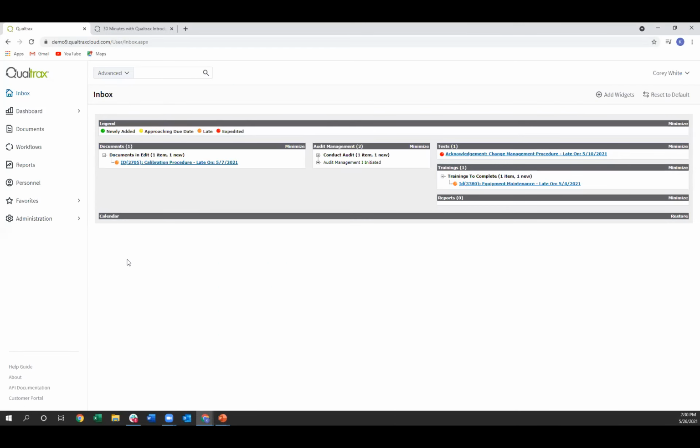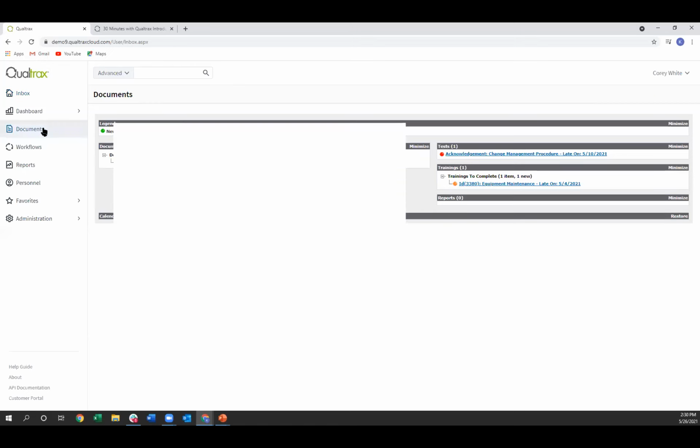The first thing I'm going to show you is exactly what Melanie mentioned in her presentation, which is the way to tie documentation and your SOPs and your processes to the specific clauses of the standard in CallTracks so you can have visibility into how your procedures directly relate to that standard and those clauses. If I click the Documents tab over here,